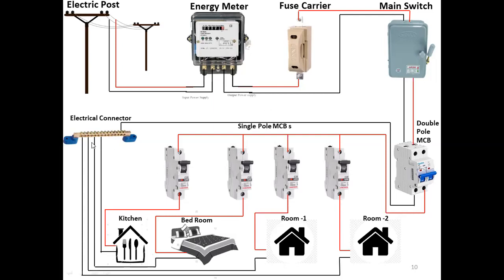The thing is, the neutral terminal should be separately connected to the electrical connector. We should not interlink. We are not supposed to make the connection by interlinking. See, from the kitchen we received neutral, right? From the kitchen we should not connect neutral to the bedroom. From the bedroom we should not connect the neutral to room 1. So the neutral terminal should be taken separately from the electrical connector for safety purposes. Some return current may be there. So some electricity rules are there, and we should not violate those rules.